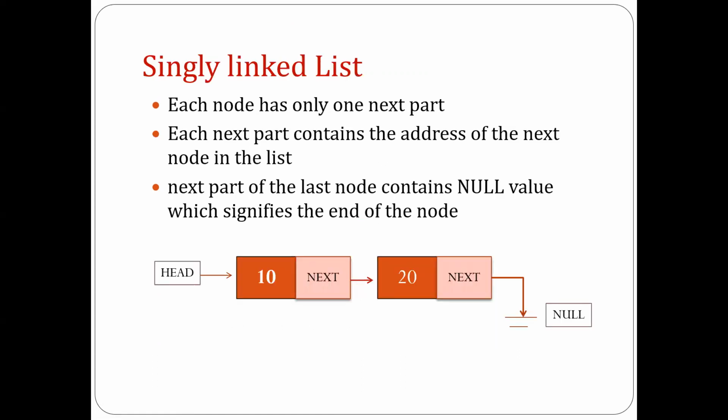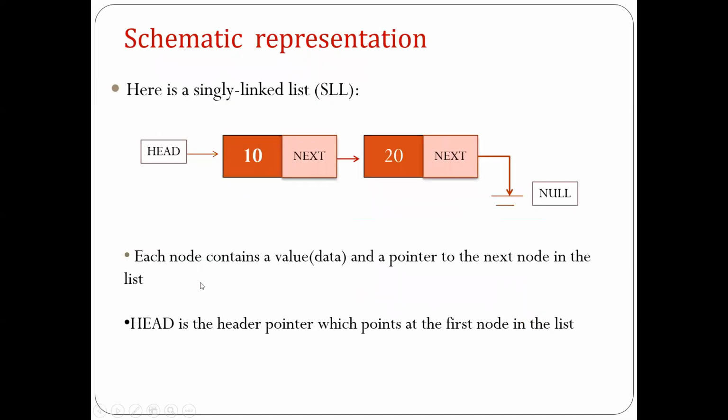Now, in case of the single linked list, only one address field is present. And that address field is going to contain the address of the next node present in the linked list. And the last node's address field is always null in case of the single linked list, which is going to tell us that that is the end of the linked list. And here also, again, the first node we are going to point with the head pointer. So same thing is here.